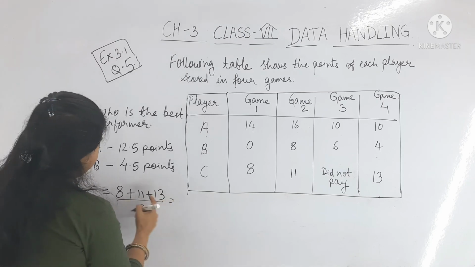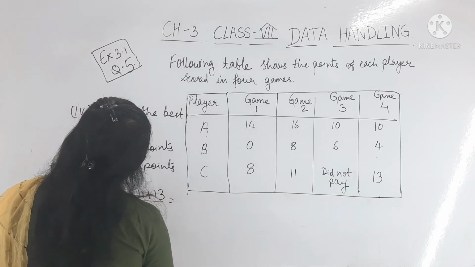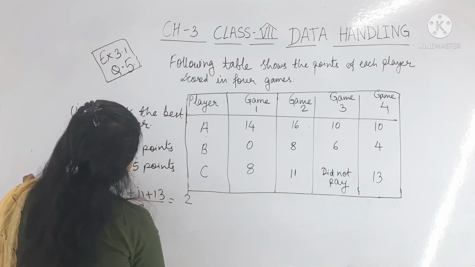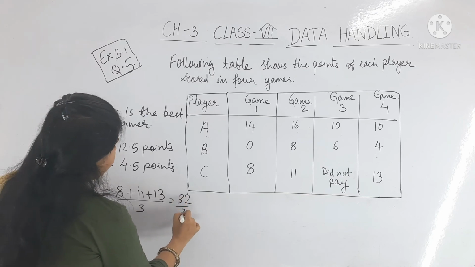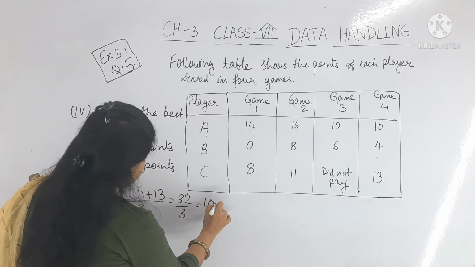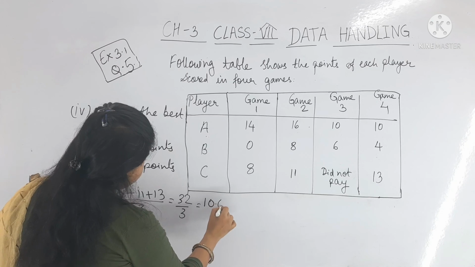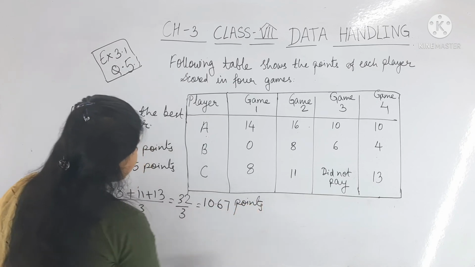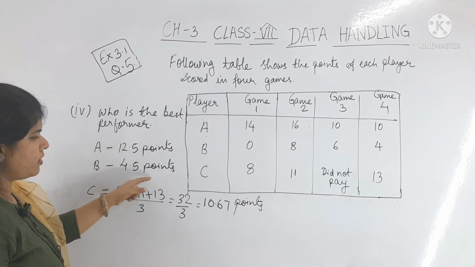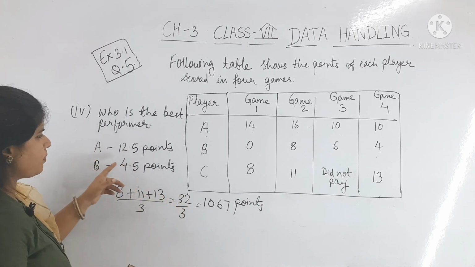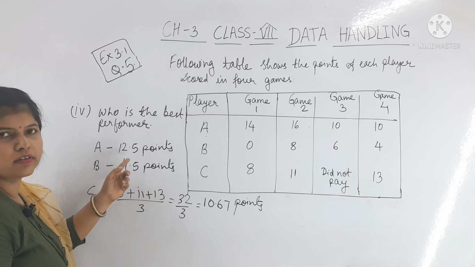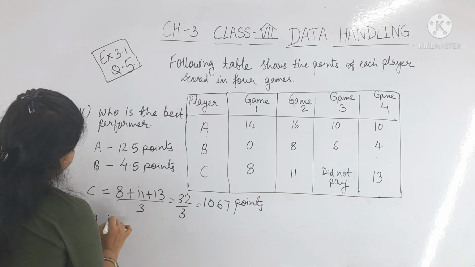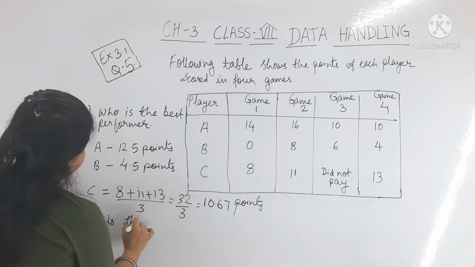So here 3 plus 1 is 4, 4 plus 8 is 12. Here 1 is carried on and 32 divided by 3. So 3 1s are 3, 3 zeros are 0 and 3 6s are 18, 10.67 points. So you can compare A, B and C. So who is the best performer? It is A, who has the greater points. So A is the best performer